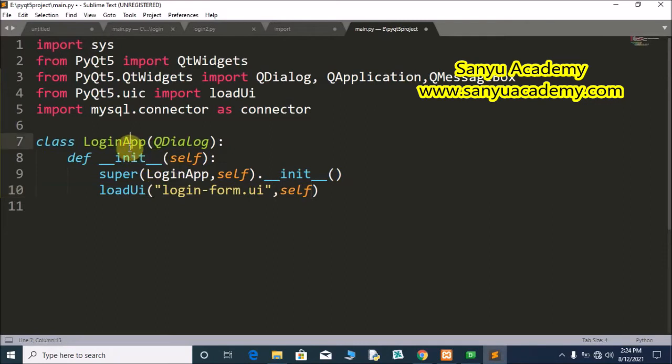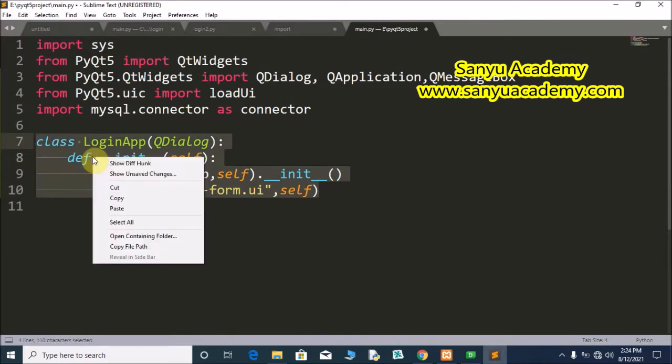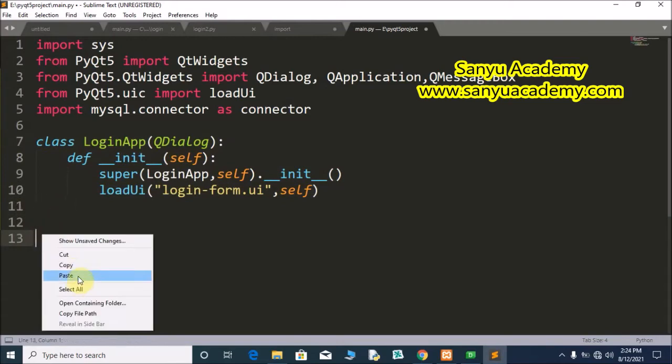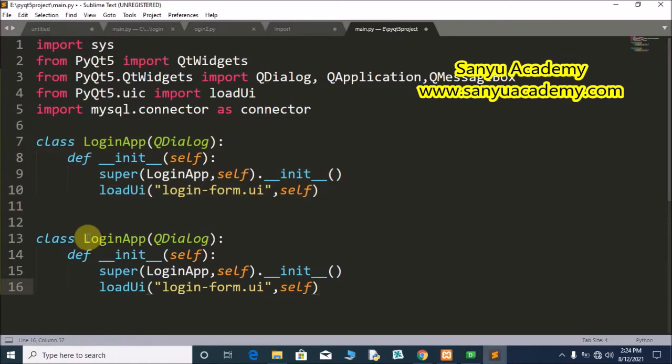Like that, we have to create the registration app. We can copy this code, right click, copy and paste it. The app name is RegApp. QDialog constructor function, we have to pass the app name RegApp. We have to load the user interface.